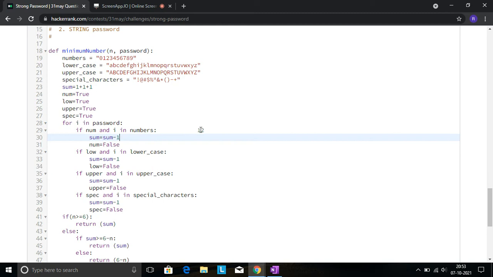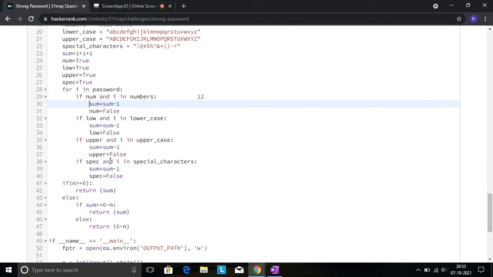So that if we find a second digit, if num is true, the sum is again decreased, but this should not be done in our case. When it finds the second digit, num is false, so the complete if condition fails. So the sum is only decreased by 1, not more than 1. In the same way it works for lowercase, uppercase, and special characters.